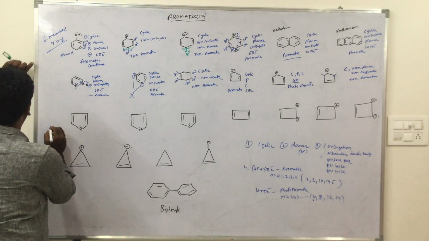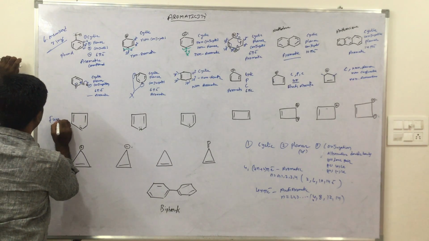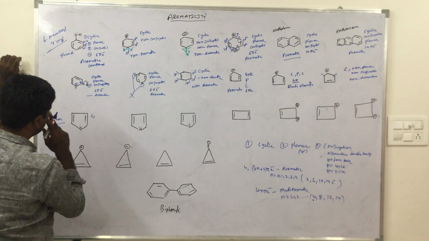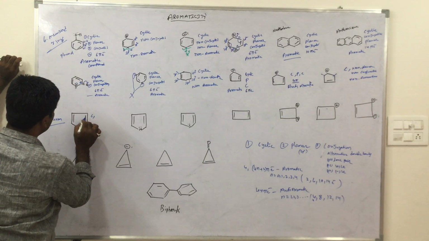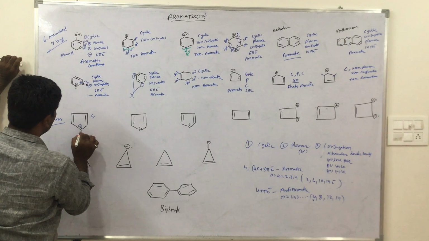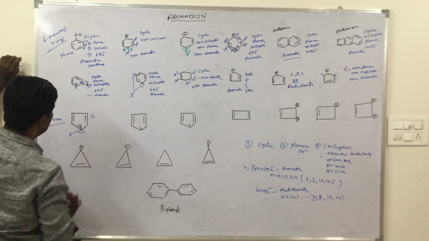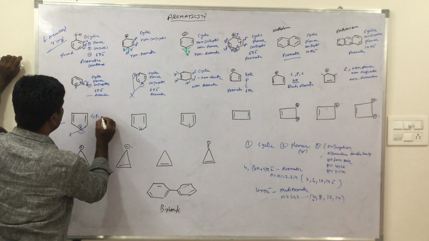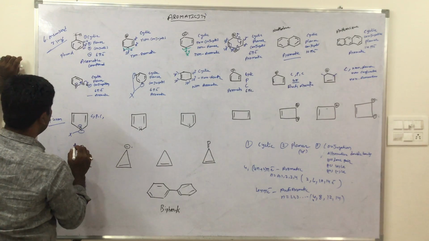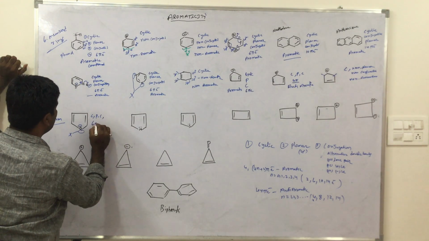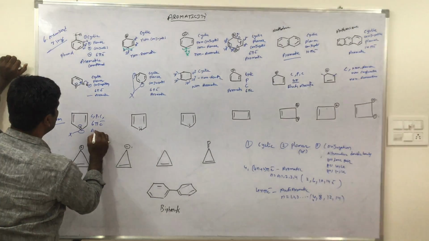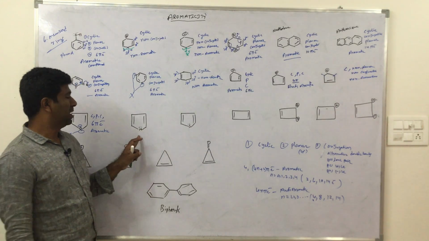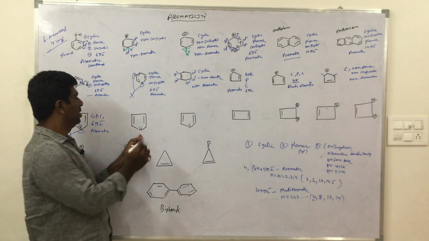The name of this compound is furan. Furan. So cyclic in nature. Here one lone pair present, pi bond. So this pi bond cannot participate in hybridization. That means delocalization. Okay, cyclic, planar, conjugation, and how many electrons are present? 6 pi electrons. 6 pi electrons means aromatic in nature. Okay, clear?